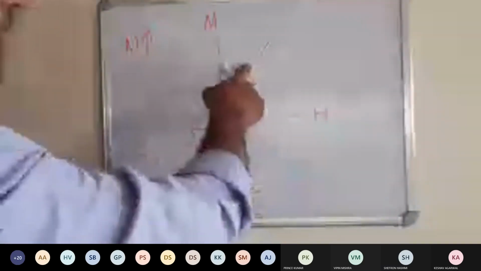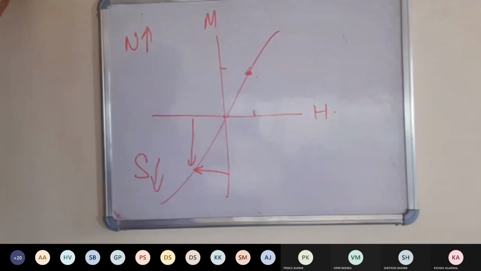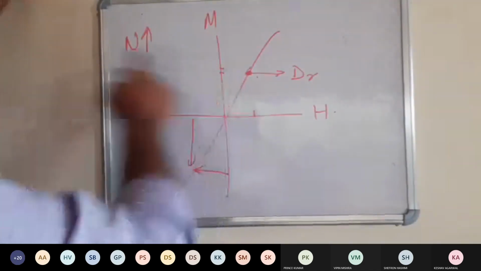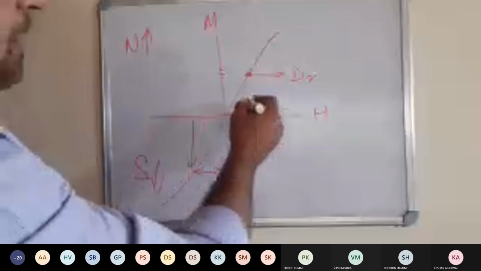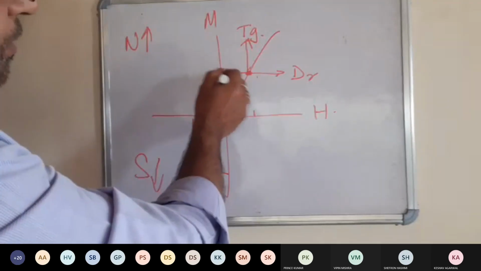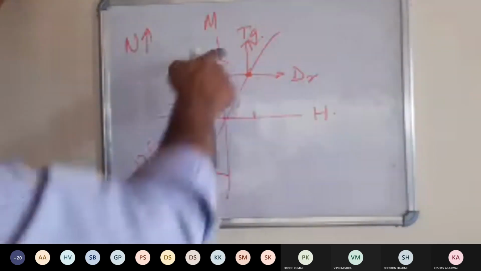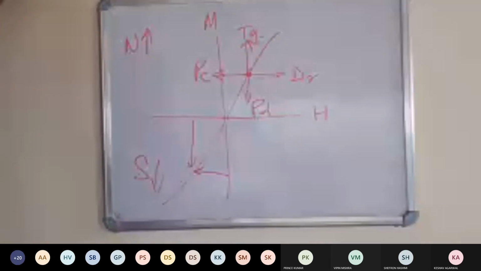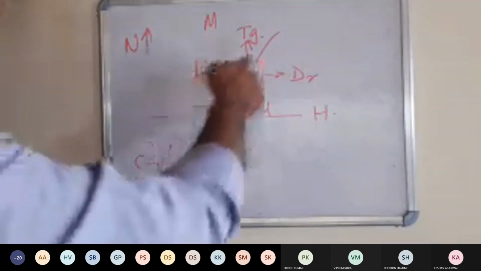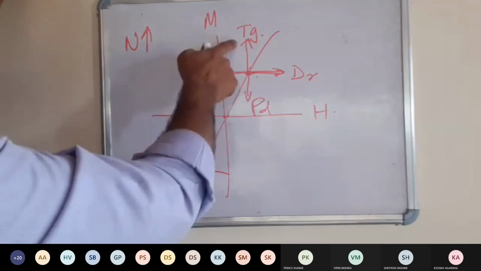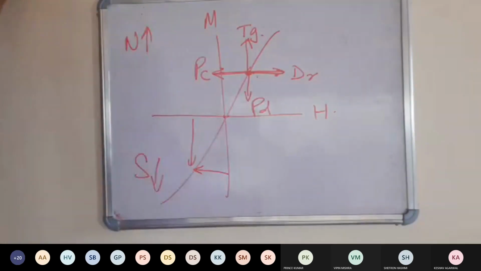So let us say that it is settling here. It is settling here because as we have gone up in the latitude, there is drifting. ड्रिफ्टिंग को काउंटर करने के लिए मुझको कंट्रोल प्रिसिशन चाहिए, लेकिन कंट्रोल प्रिसिशन कैसे मिलता है? जब टिल्टिंग होती है, टिल्टिंग होगा तो टॉर्क लगेगी, तो मुझको कंट्रोल प्रिसिशन मिलेगा। और टिल्टिंग के साथ हमने डैम्पिंग भी किया हुआ है, डैम्पिंग एंड टिल्ट, सो पीडी भी लगेगा। तो सेटलिंग के समय चारों फोर्सेस इन इक्विलिब्रियम होते हैं। ड्रिफ्टिंग को पीसी काउंटर करता है, टीजी को पीडी काउंटर करता है, यहाँ पे सेटल हो जाता है।